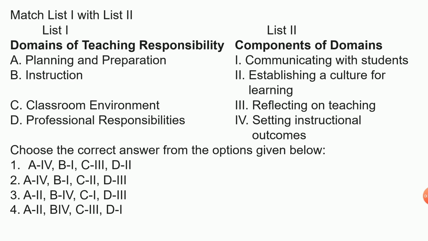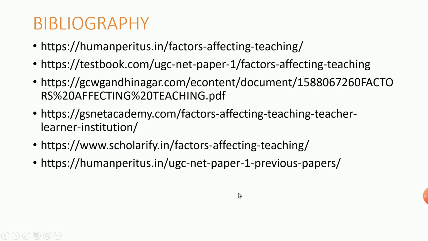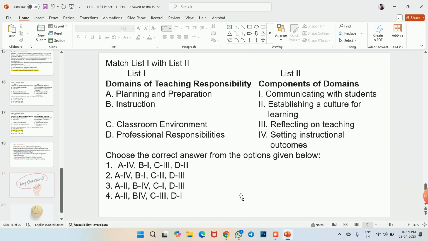I'm going to show the answer. The next thing is B, I mean 2. So A4 and B1. So next thing, that's all. These are some bibliography, and if there is